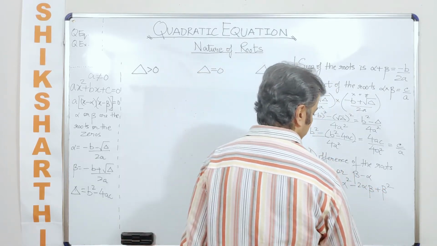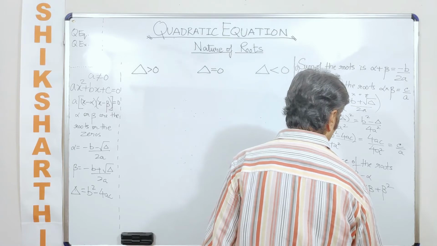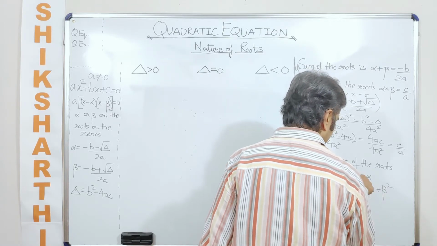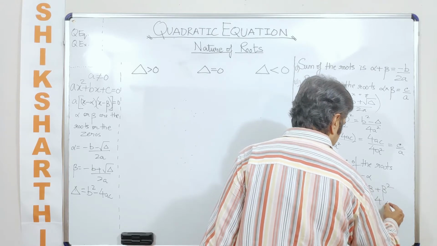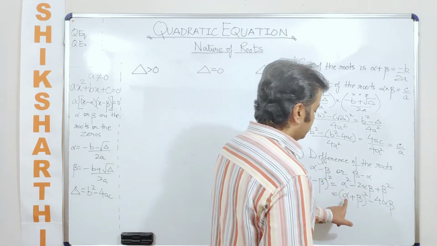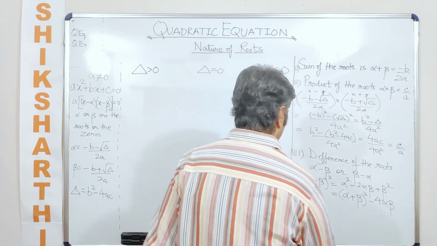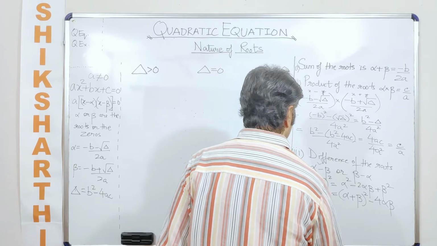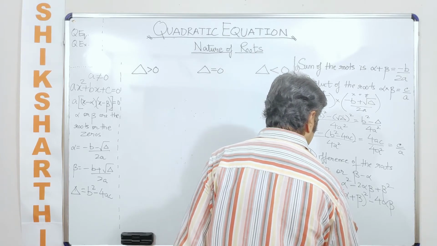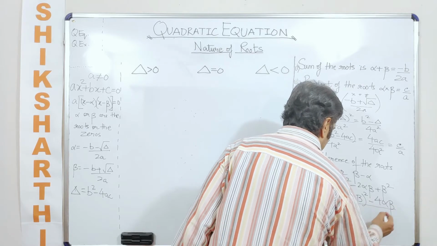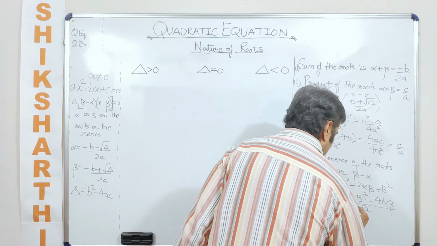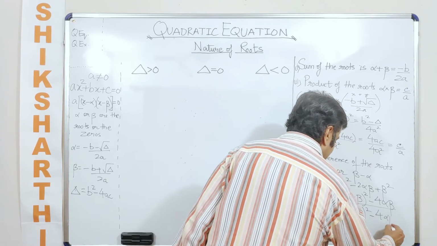Alpha square plus beta square, when I am expanding alpha plus beta whole square, can be written as alpha plus beta whole square minus 2 alpha beta, and minus 2 alpha beta is already there. So alpha minus beta whole square comes out to be this. Now when you are calculating the value of alpha minus beta, you will say this will be either plus or minus, and here we have what? The under root. So this becomes alpha plus beta whole square minus 4 alpha beta,